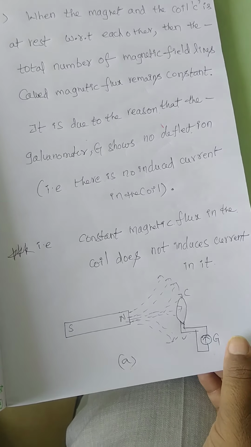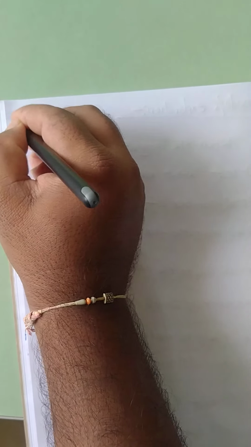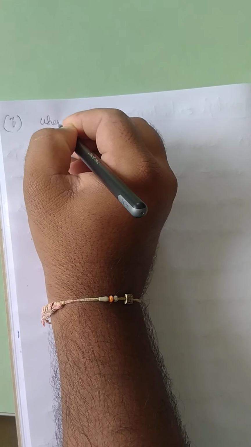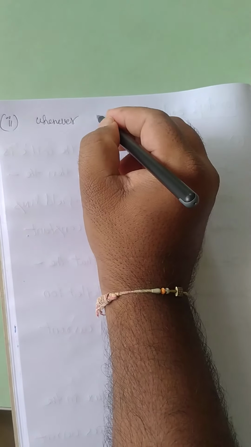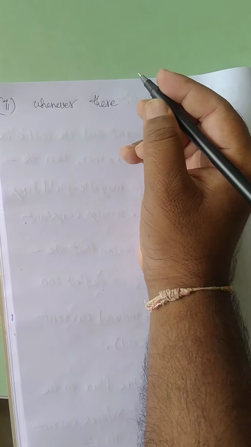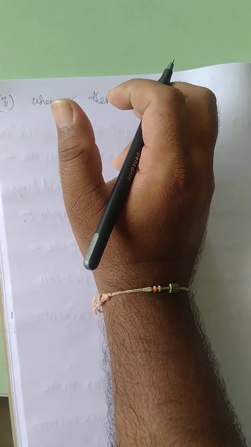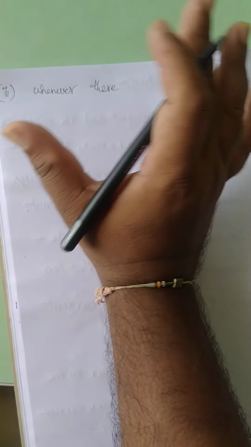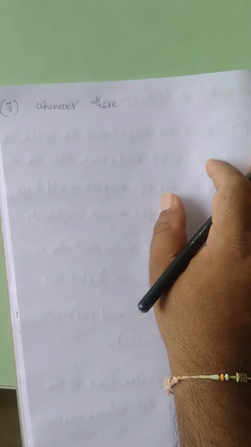Yes, next, the explanation of Faraday. This we already discussed, I think. Again we will discuss this, no problem. Before, we had not discussed it with magnetic flux. We just discussed a magnet and coil. So here we can discuss clearly magnetic field lines and the coil. It means magnetic flux and the coil.